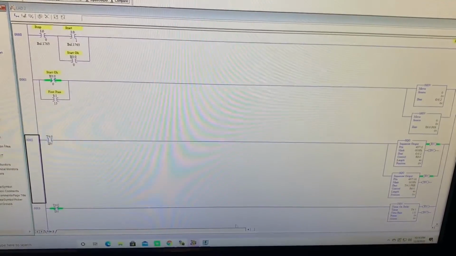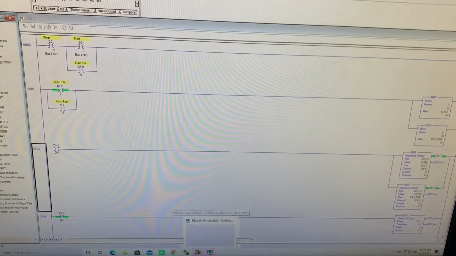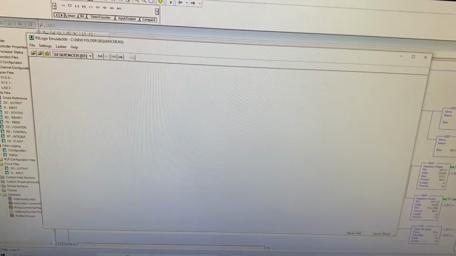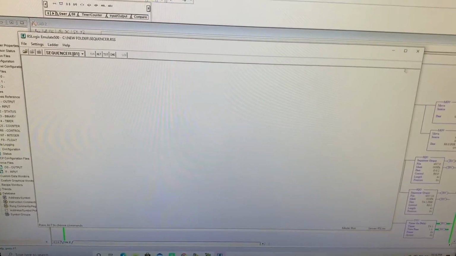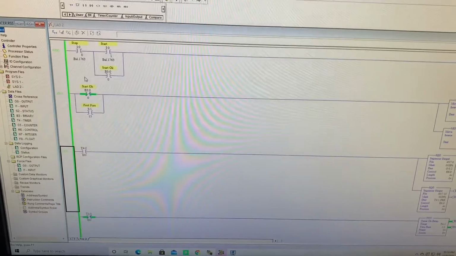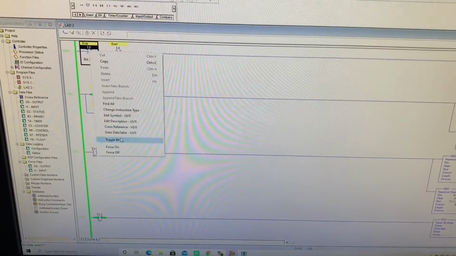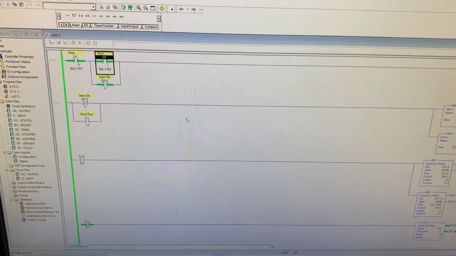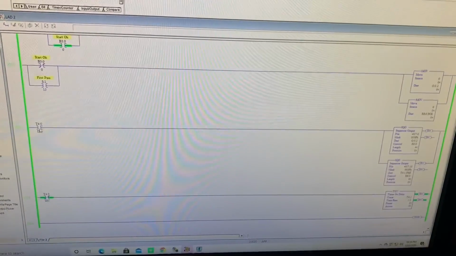Now that we are online, you want to now turn on remote run. So we're going to go to the RSEmulate 500, and then as you can see, we got my sequencer program, and you're going to click run. So we'll go out of that, and as you can see, it is going. So you want to toggle this bit, and then the start bit, and then start OK goes, and then